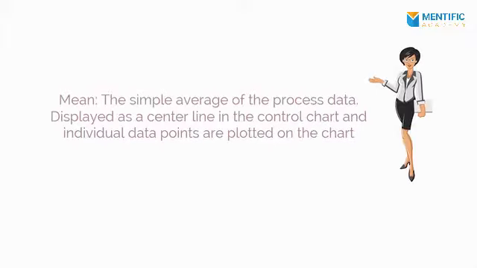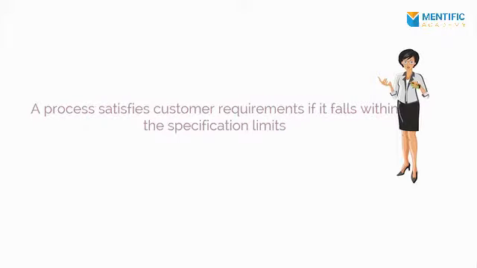Let us now discuss the various components of control chart. The first component is the mean. It is the simple average of the process data. It is displayed as a center line in the control chart, and individual data points are plotted on the chart. The next components are the upper and lower specification limits, the USL and LSL. These are obtained from the voice of the customer. A process satisfies customer requirements if it falls within the